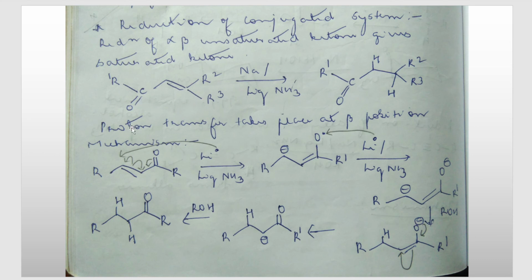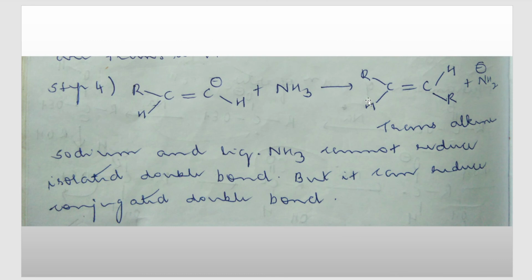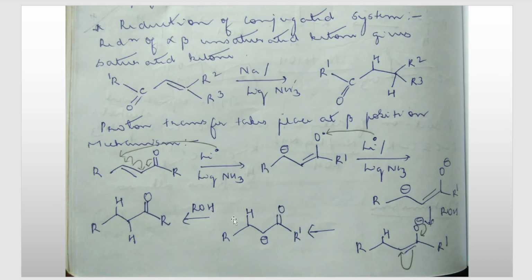Why do we say that? Because you can see here that the double bond and single bond are present in conjugation with one another. That is, there is an alternate double and single bond, double bond, single bond, double bond, single bond. Same with this side also, single bond, double bond, single bond, double bond. So they are present in conjugation with one another. So this is called a conjugated system. So sodium in liquid ammonia, as we discussed previously, although it cannot reduce isolated double bonds, it can reduce the conjugated system, correct?